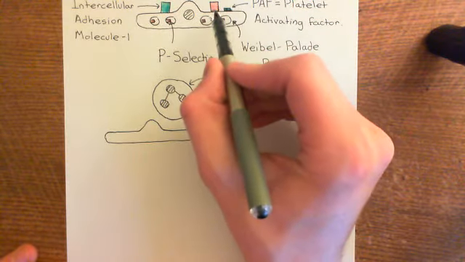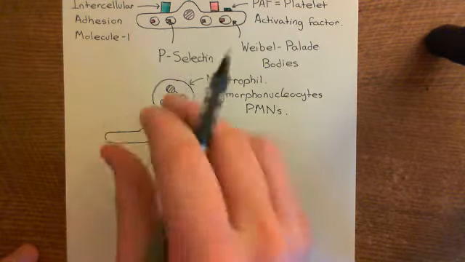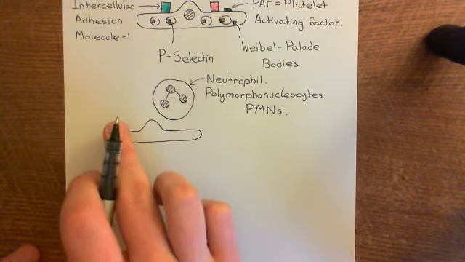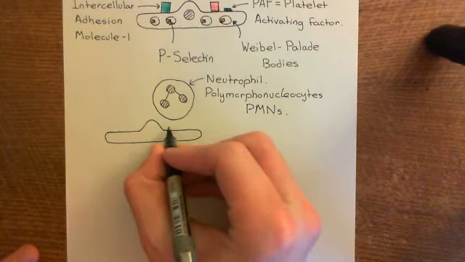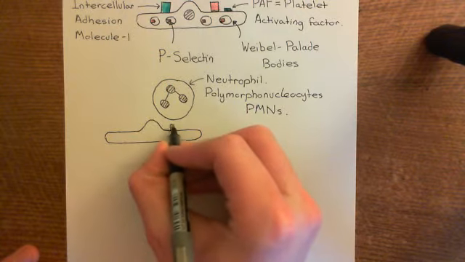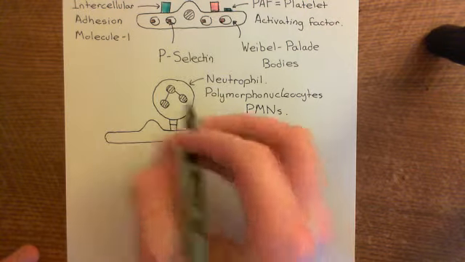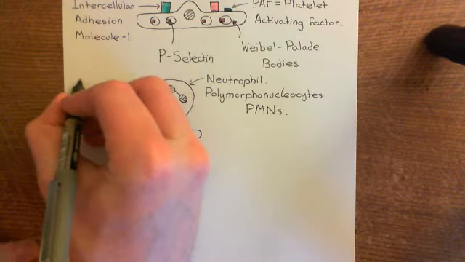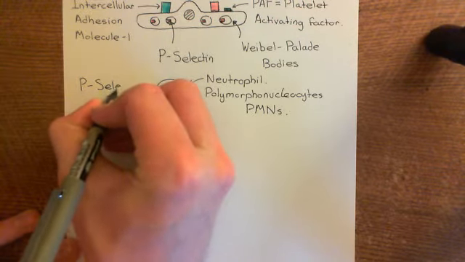Now, the first one is p-selectin, and what's going to happen first is a process of rolling. So basically, what's going to happen is this neutrophil that's within the blood is going to start rolling over the endothelial cells, and as it rolls, it will continuously be forming interactions between p-selectin and a ligand for p-selectin that it has on its surface. So neutrophils always have on their surface a ligand for p-selectin, and this is rather sensibly known as the p-selectin